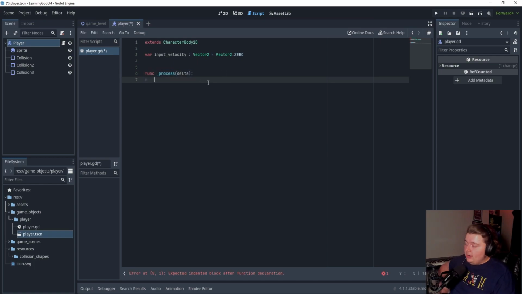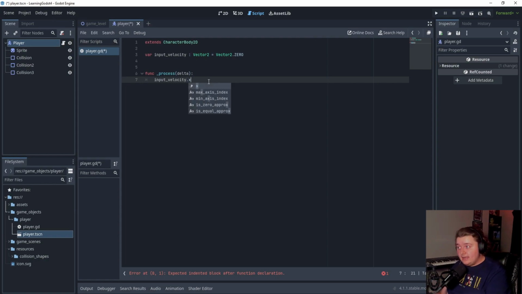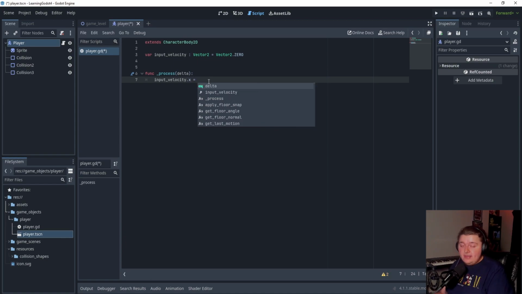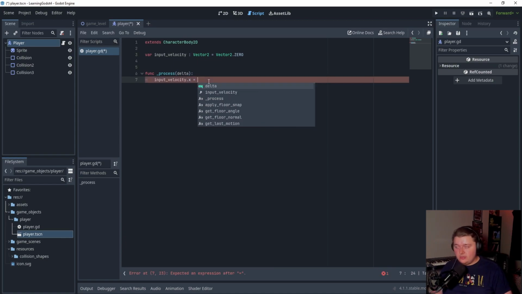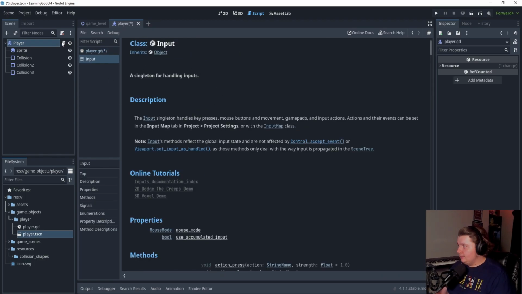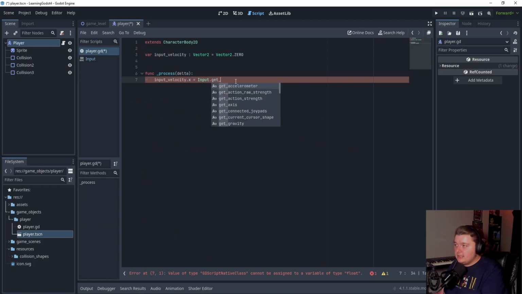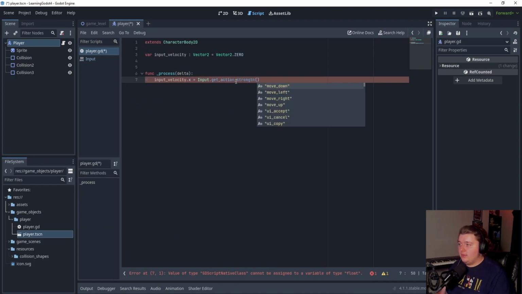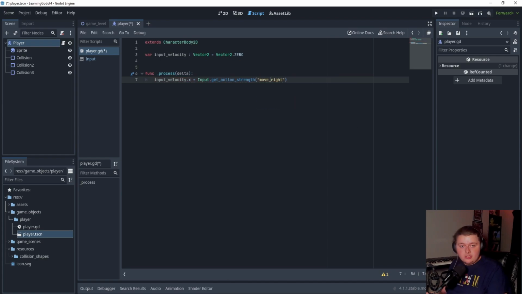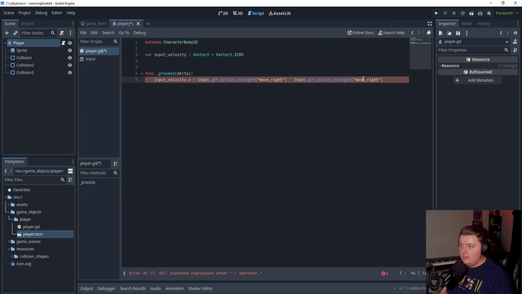What we can do is actually get our input_velocity via this. So we can do input_velocity.x. We'll start with the x-axis. And this is how you can get the input strength of a button. You go Input. That's an object that you can reference that handles input. You go Input.get_action_strength, and we're going to go move_right. And you'll notice the autocomplete shows all those actions we set up. So now we have move_right. We're going to subtract that by move_left. Now we do the exact same thing